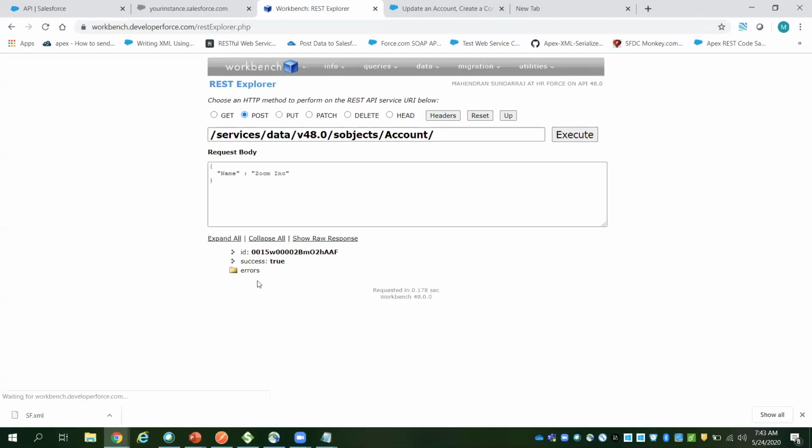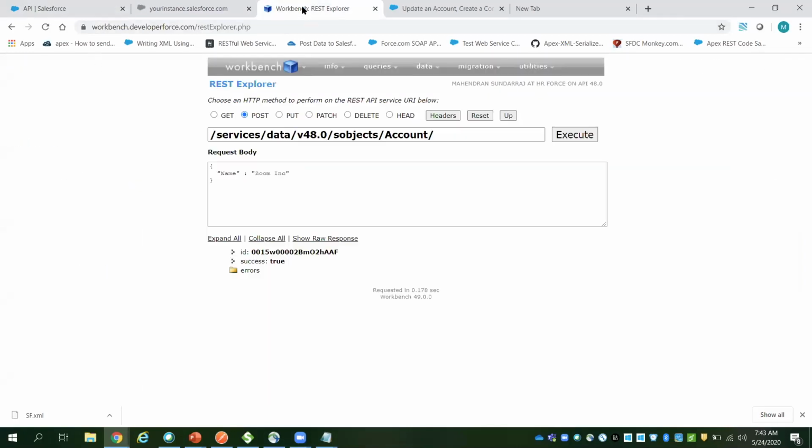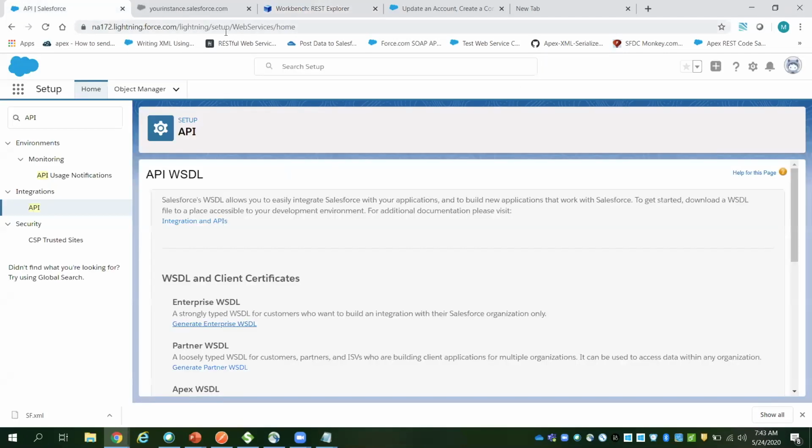Sorry. So I tried to create an account using this. Thank God it's working in Workbench. Similarly, you can do it using Postman as well. I created an account, and here is the ID that it gave for Zoom.